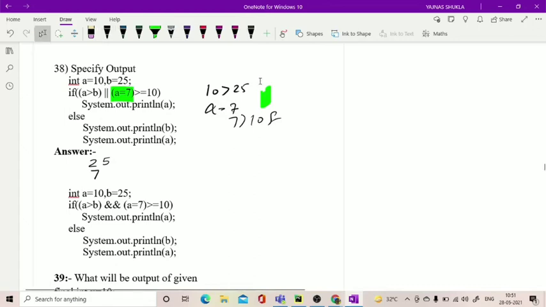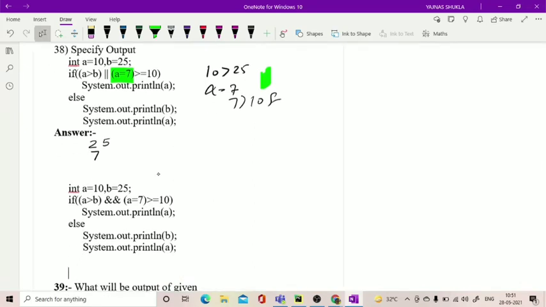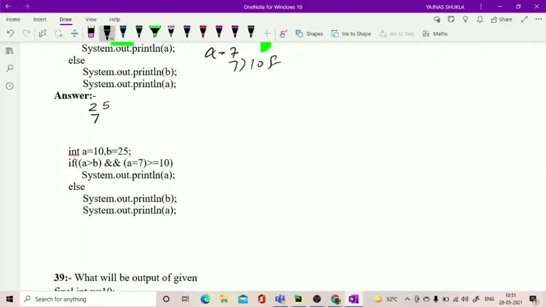Understood? Understood what happens here when we change the value while writing the expression? Yes, sir. Okay, the next part of this, I've made a small change into it. So here instead of OR operator, I have placed AND operator. Here I highlighted it.